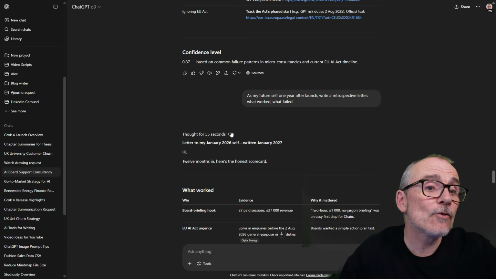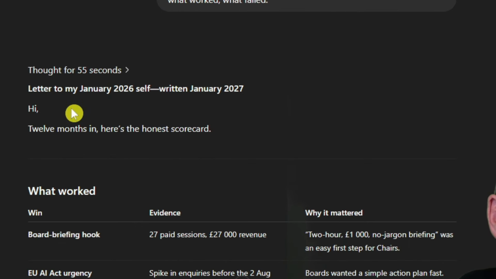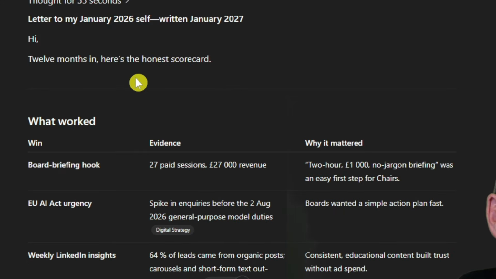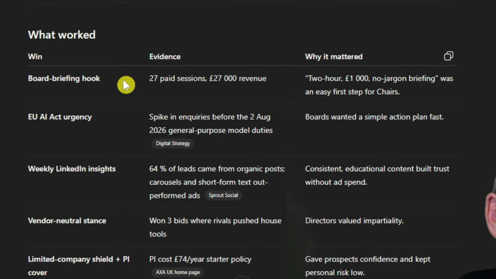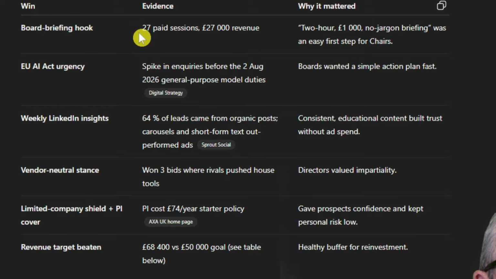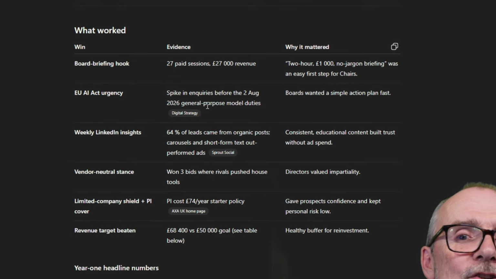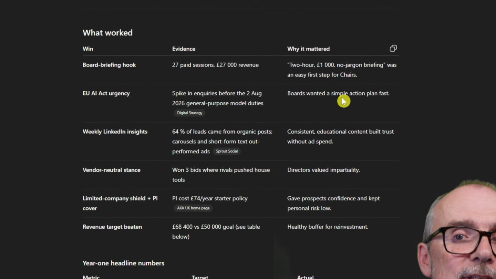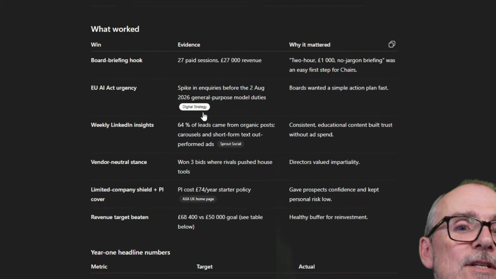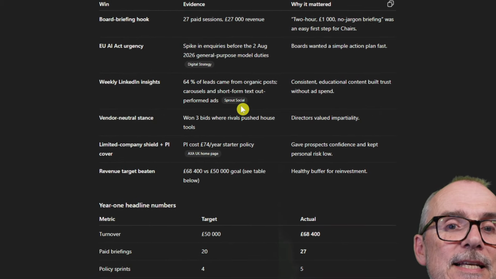So it thought for nearly a minute. Letter to my January 2026 self, written January 2027. 12 months in, here's the honest scorecard. What worked? Board briefings: I did 27 paid sessions. The 2-hour, £1,000 no-jargon briefing was an easy first step for chairs. EU AI Act urgency: boards wanted a simple action plan. It worked. Weekly LinkedIn insights: